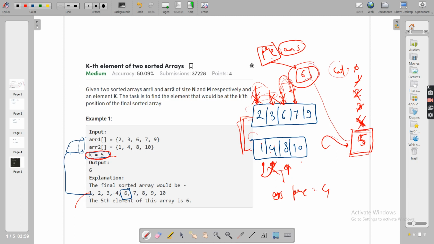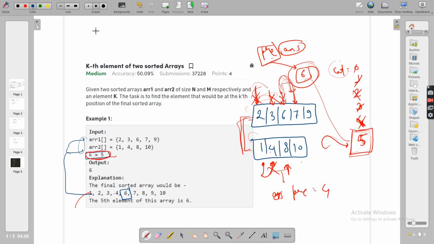Now see guys, what are we seeing here? What are we seeing here as an observation? Because this is a brute force, and I hope you'll be able to write it down. Otherwise, I'll link the code in the description. You may also see that. Okay. Now see, what observations are we getting here?